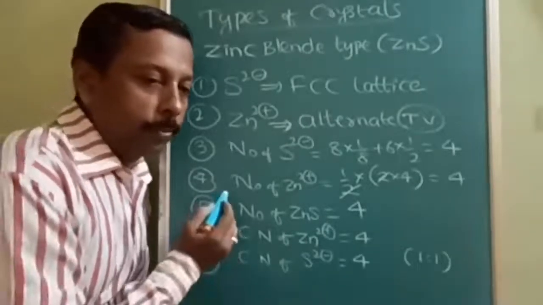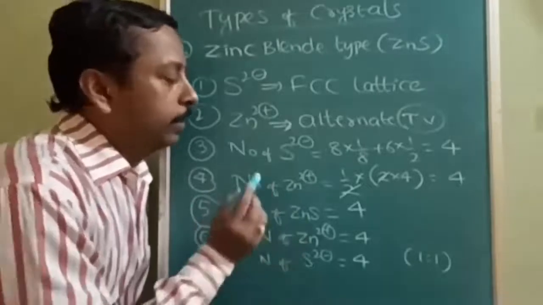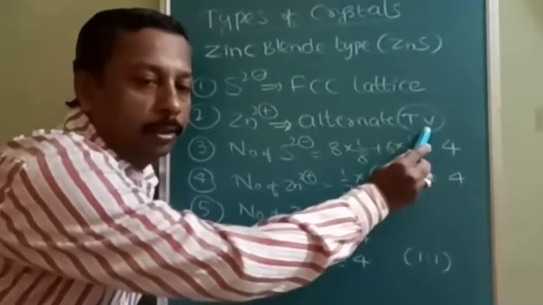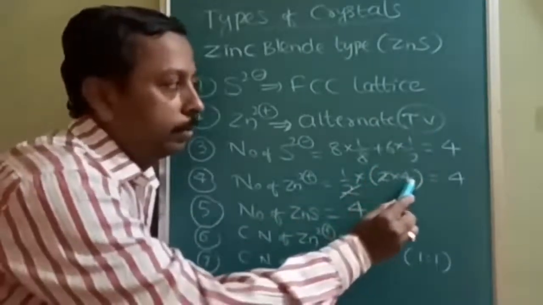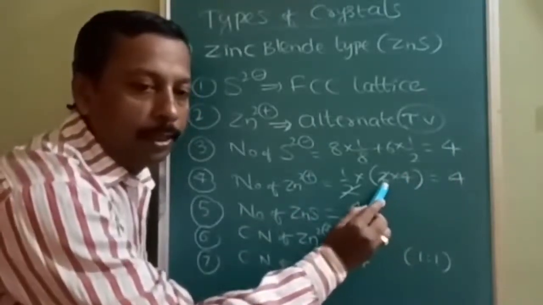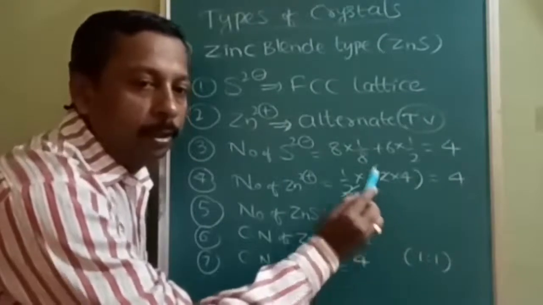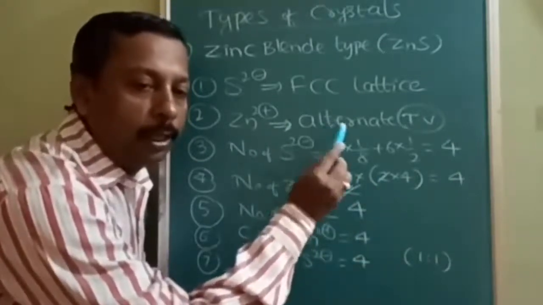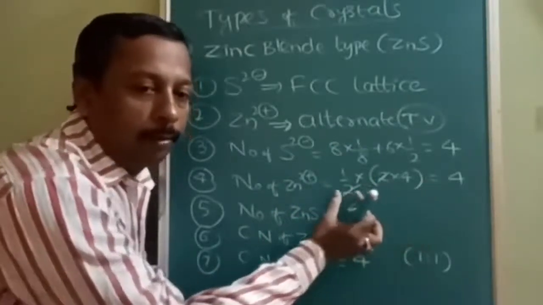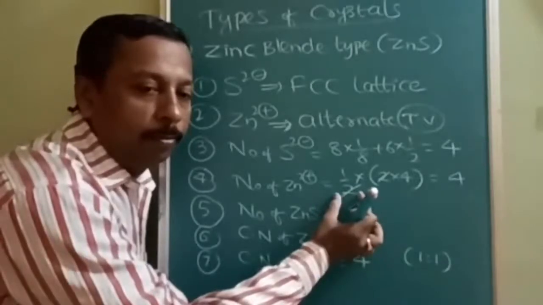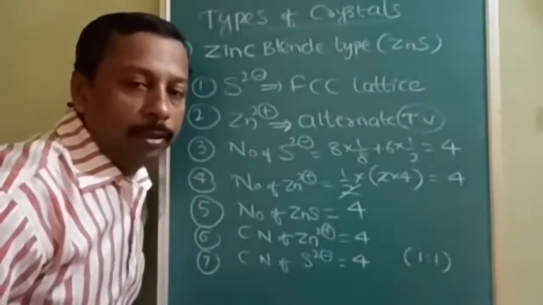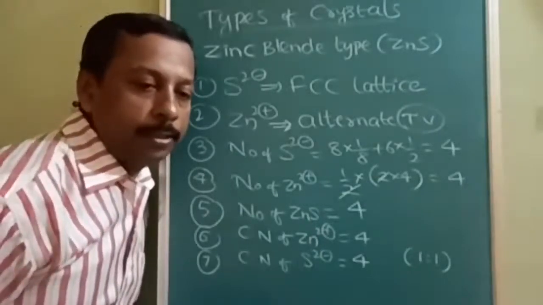Here, fourth point, once again I am explaining the number of Zn2 plus. See, tetrahedral voids are given or not? Tetrahedral voids will be how many? Twice the number of lattice points. The number of lattice points is 4, so twice that. But here one more word is also given: alternate, half of the tetrahedral voids. So total tetrahedral voids are 8, out of which alternate, 1 by 2, is only occupied. So the 2 gets cancelled and it is 4. Is it understood, all of you? Any doubt here? Are you able to picturize everything?